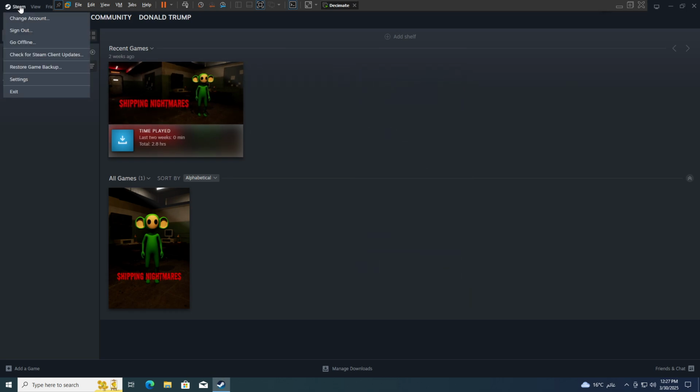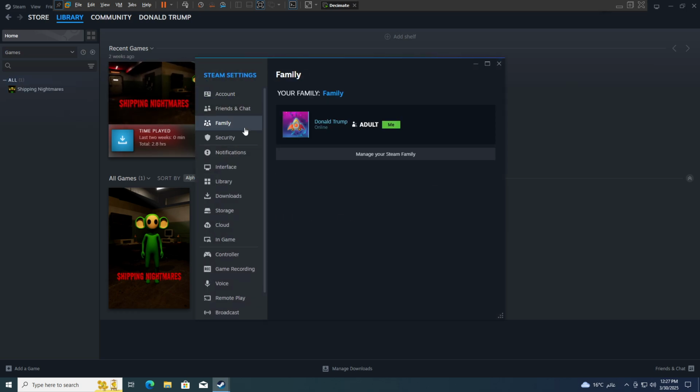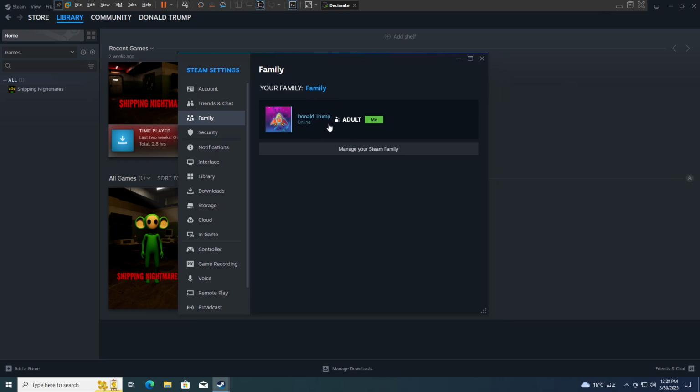And then go to Steam, top left here, and then click settings, then go to family, and then click on the create or join a family button here. It's going to be a blue button. Then it will ask you whether you want to join or create a family. You can create a family and give it a name, and then it will look like this here. Then click on manage your Steam family,